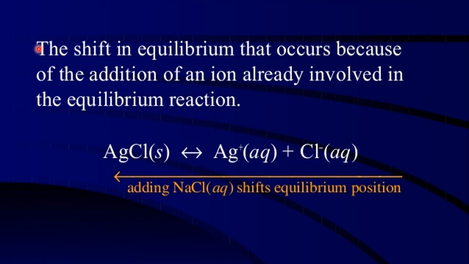My dear students, please go through this equation. This equation is the dissociation of silver chloride into silver cation and chloride anion. Because it is dissociating to some extent, there is a chemical equilibrium between undissociated silver chloride and dissociated silver chloride. But the important feature or the striking point for this chemical reaction is what happens if you add sodium